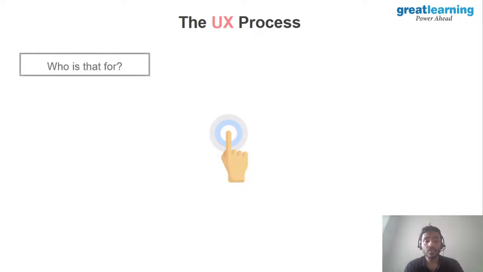right? So I'm just going to go back up and we're going to take the first example, that is sports social media, right? So sports social media, who is this app going to be for? So this app, that is the first question you have to answer. Who is this app going to be for? Sports social media is a very niche thing, right?